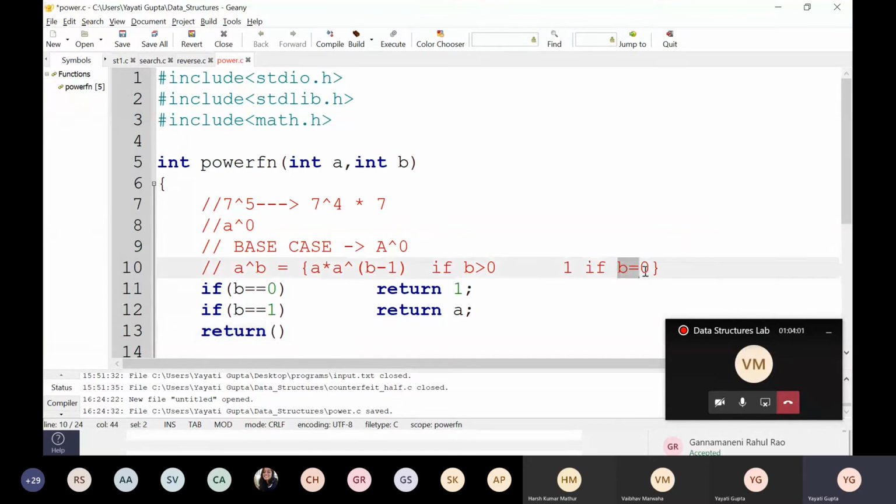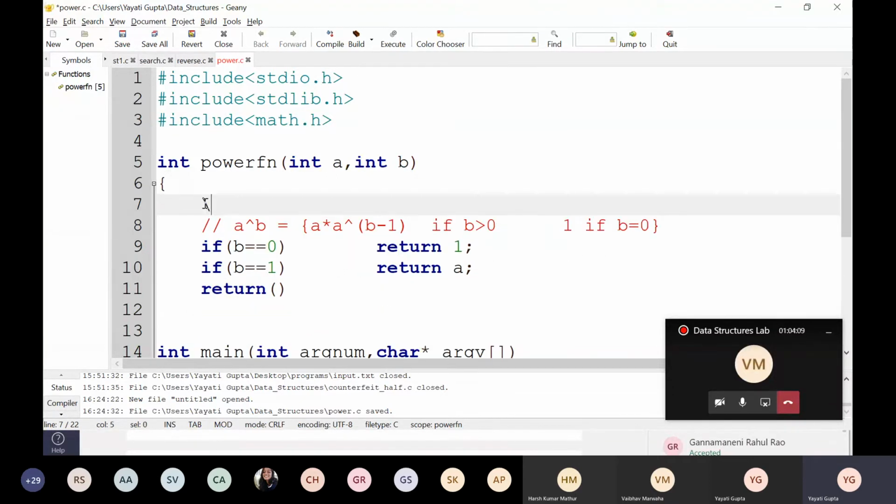So if b is 0, I think it is not clear. So see, what I am doing here is, I know that if I have to calculate a to the power b, which I am writing as power of a, b, so this is nothing but a to the power b.